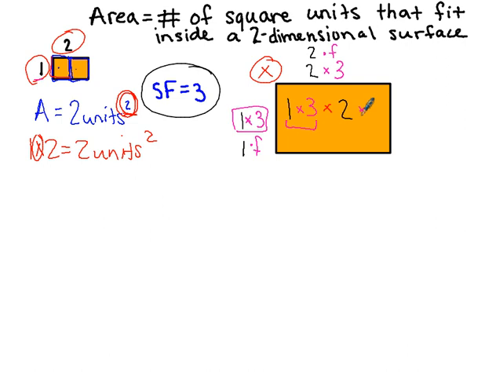times my scale factor of 3, this is my other side, would give me an area of, let's see, 1 times 3 is 3, 2 times 3 is 6, 6 times 3 is 18 units squared again, because that means there's 18 two-dimensional squares that could fit inside of here. Now, we're going to rewrite the same thing just like we did last time using our algebraic expressions. So this would have been 1 times f, f standing for scale factor, times, we can use the dot there too, times 2